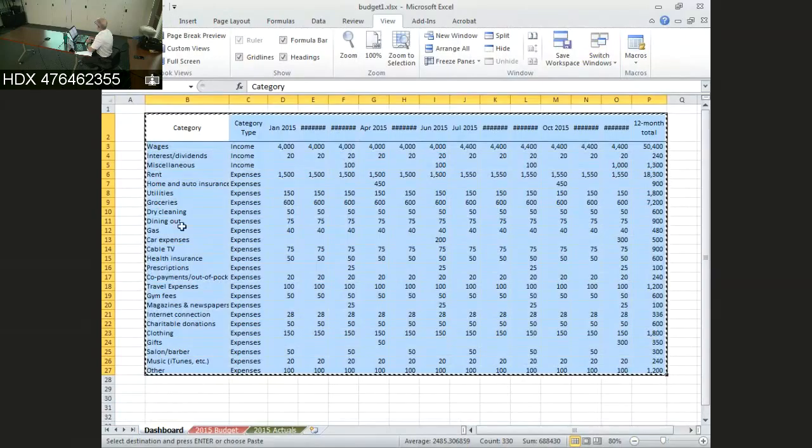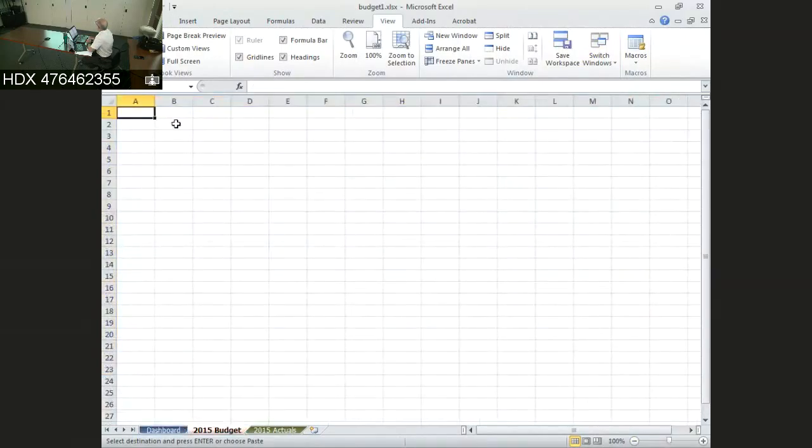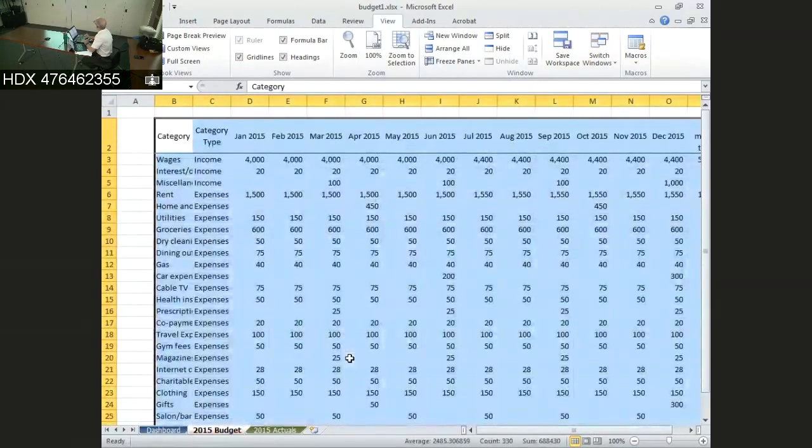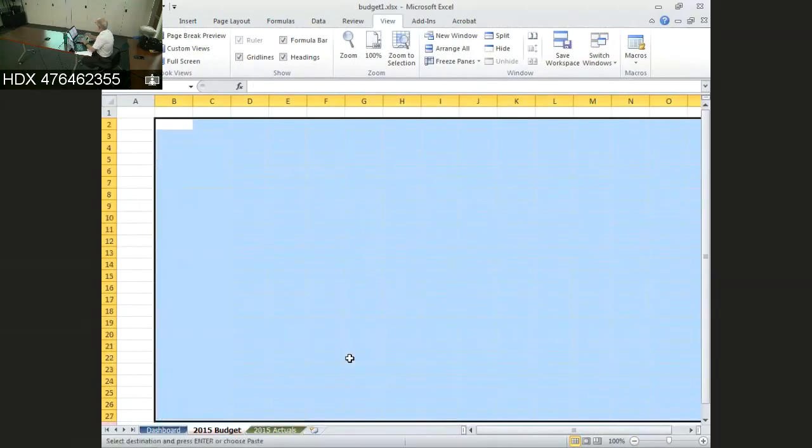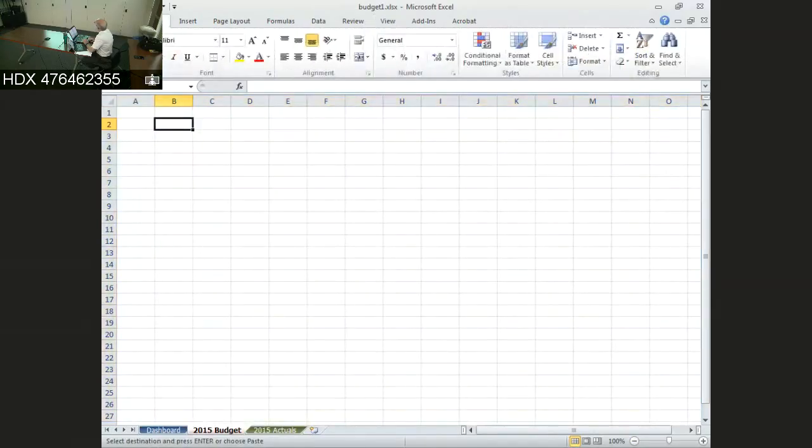Then I'll move over to the budget, and I'll show you a common problem that people have. I'm going to put them in the same location. If I just do Control-V here, I get something that's workable, but notice that my column widths aren't right. So I'm going to undo that, and I'm going to do this in a slightly different way. Instead of doing just a Control-V to paste, I'm going to come up here to the Home tab and click